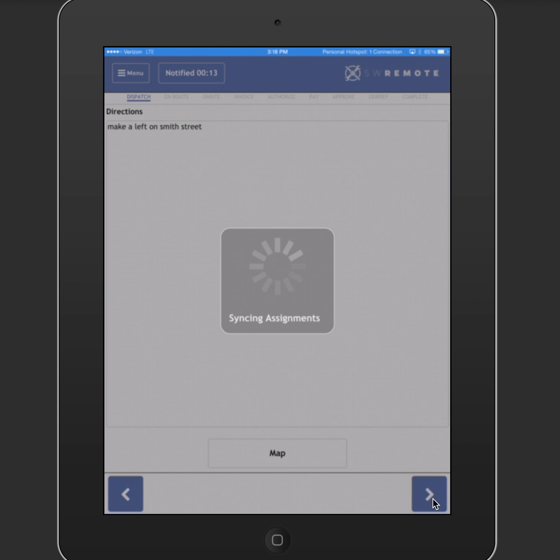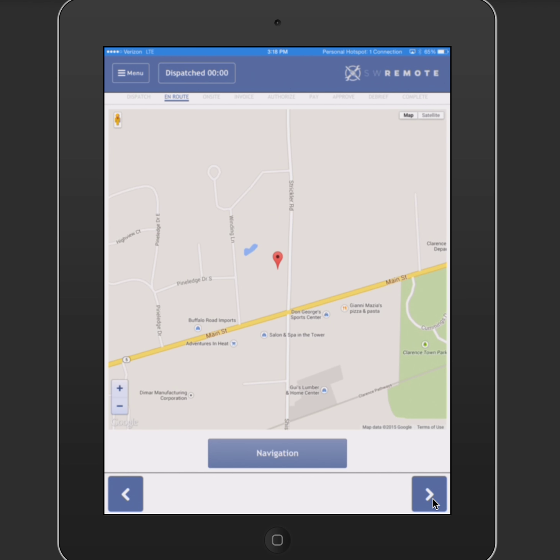In addition, back inside the office, they will also see that you're en route to the customer's location. Once en route, it's going to load us to the Step 2 en route screen. So you'll see right here, we are en route. In addition, we have a map here in front of us, as well as now a navigation button down at